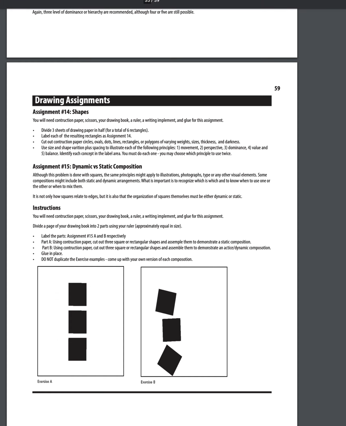Okay, for balance, it could be a lot of things. And there's examples in the book of balance. But the idea is that this isn't balanced. It's dominant, right? So how do I achieve balance? Well, again, you're doing your construction paper approach. So to create a balanced equivalent to our larger shape,